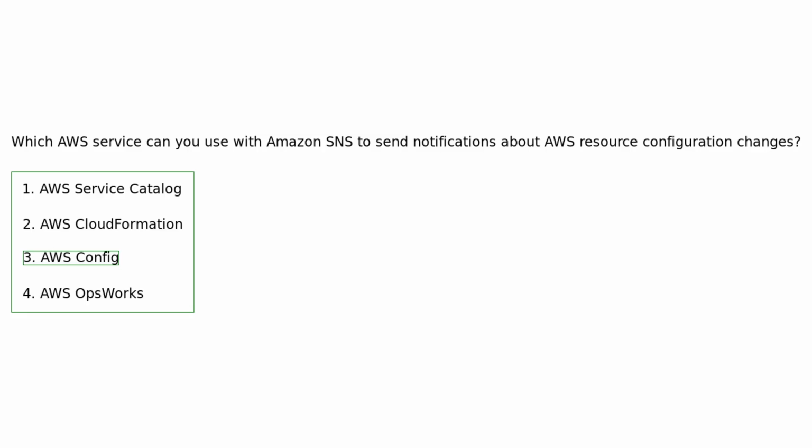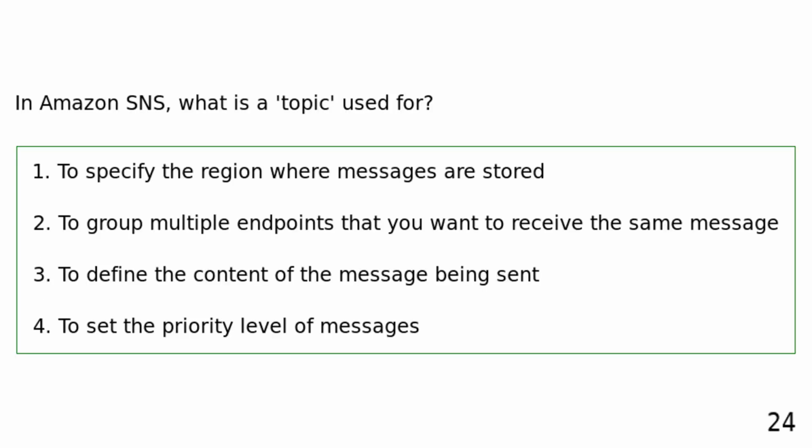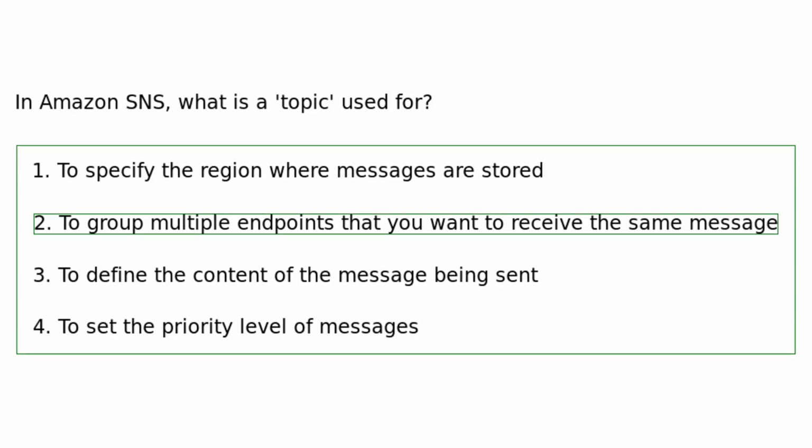you maintain desired settings. In Amazon SNS, what is a topic used for? To specify the region where messages are stored. To group multiple endpoints that you want to receive the same message. To define the content of the message being sent. To set the priority level of messages. In Amazon SNS, a topic is used to group multiple endpoints that should receive the same message, allowing efficient message